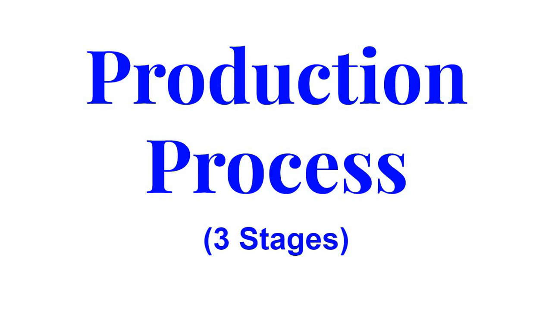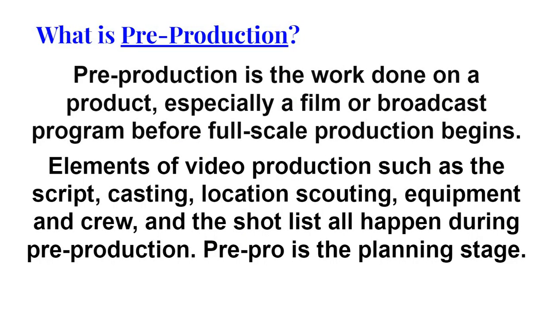So we have three stages in the production process. First, what we call the pre-pro, or the pre-production. So everything that you need to prepare before the production itself, this is where it happens. So if you are in the film arts, all the script, the cast, the location, the equipment, the crew, and everything is happening here. So this is where the planning happens, together with the preparation.